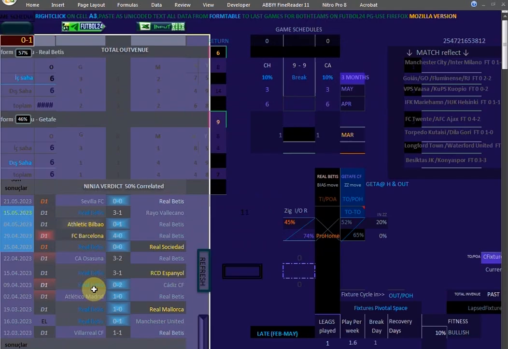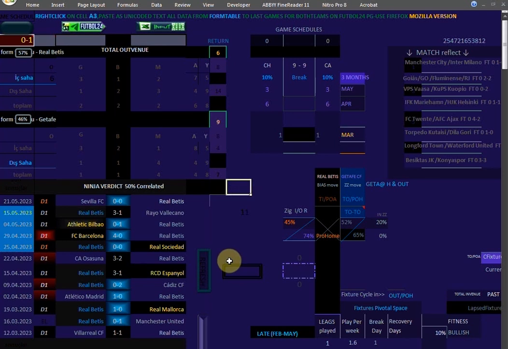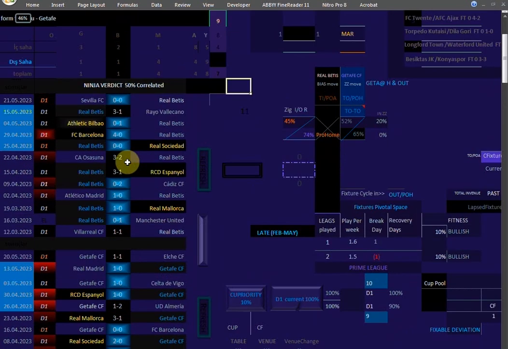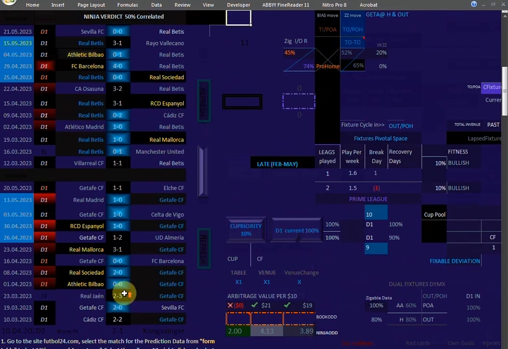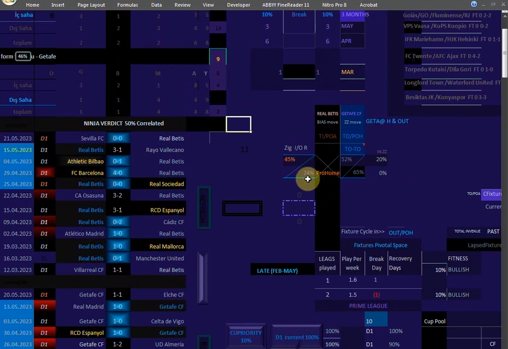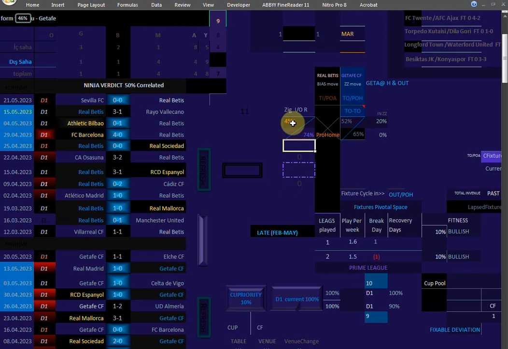Okay, let's check our final Spanish league game. That is between Real Betis and Getafe. This is the last games. There was always a relegation struggle. So Getafe stands real hard to gain points. So let's see. There's a good zigzag with Getafe. See, is at 74. The bet is mostly home. So I think this is a POH.